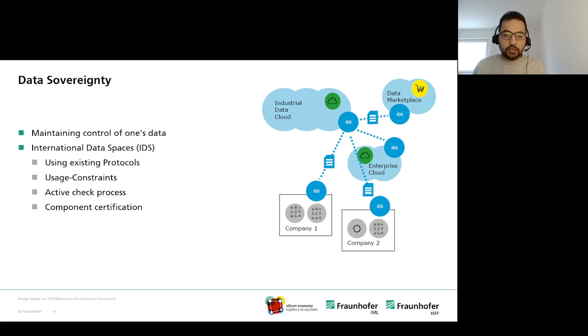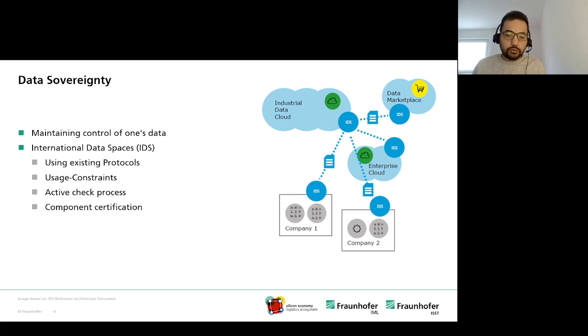This is how the data provider can make sure that their data is under their control even though it left. So the provider sets constraints to how their data is used, and a data consumer must agree to this usage constraint. And this is an active check process. So it's always being checked at every data request.